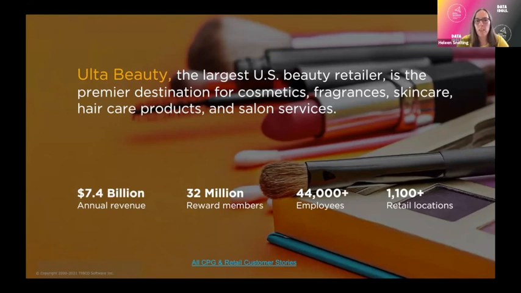Ulta Beauty is the largest US beauty retailer. Think about skincare, cosmetics, hair products, salon services. They've got 32 million reward members, which are loyalty card holders, 1,100 retail locations, and a lot of online presence